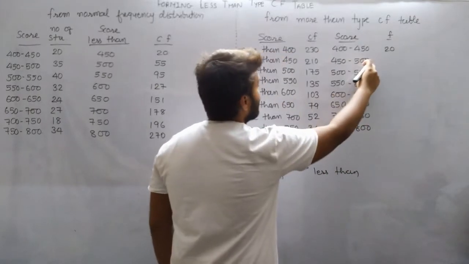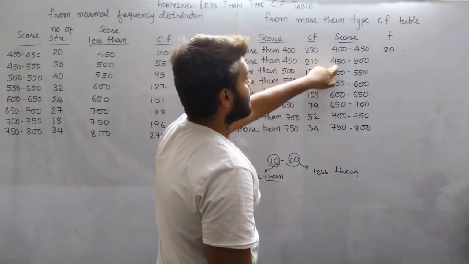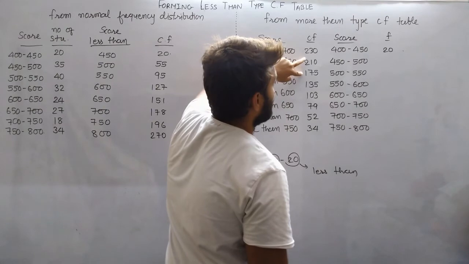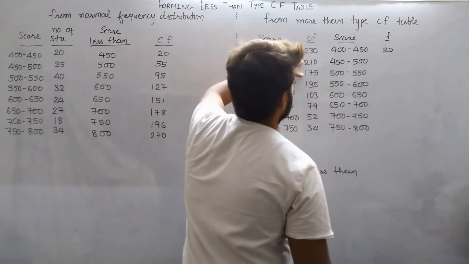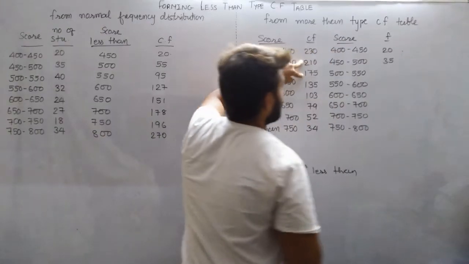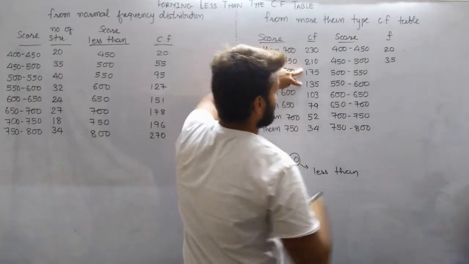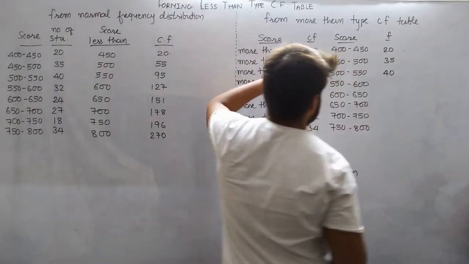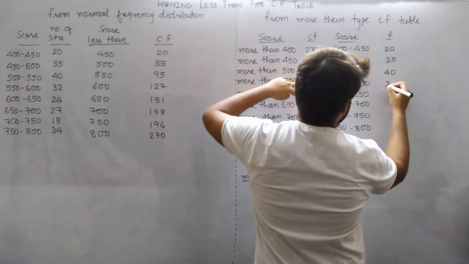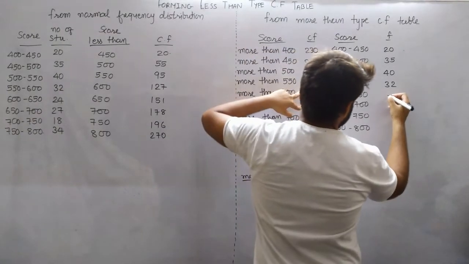Now 450 to 500 means it should not be more than 500. So more than 500 is over here. So 210 minus 175, that is 35. Next one is 500 to 550. So we should subtract both of these, that is 40. 550 to 600 means we should subtract both of these, that is 32. 600 to 650 means we should subtract both of these, that is